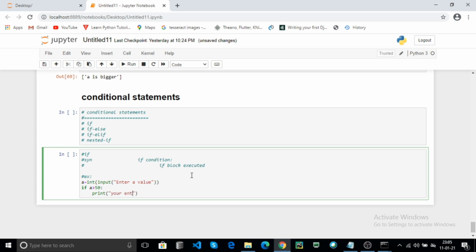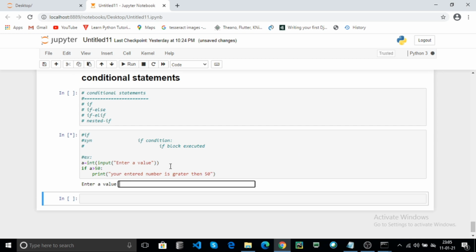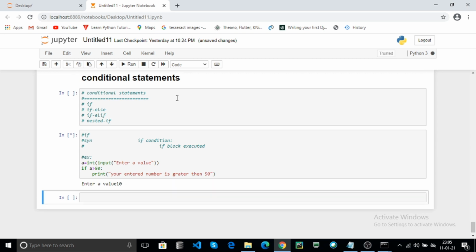Your entered number is greater than 50. Click on run and enter a value. Suppose you enter 10 and hit enter.